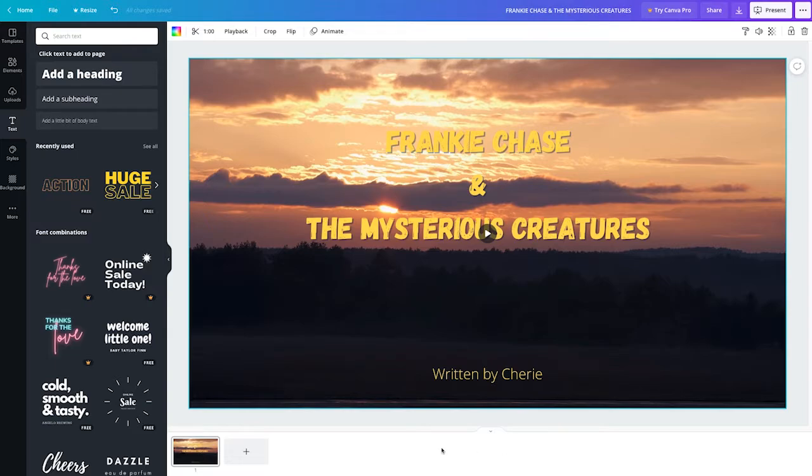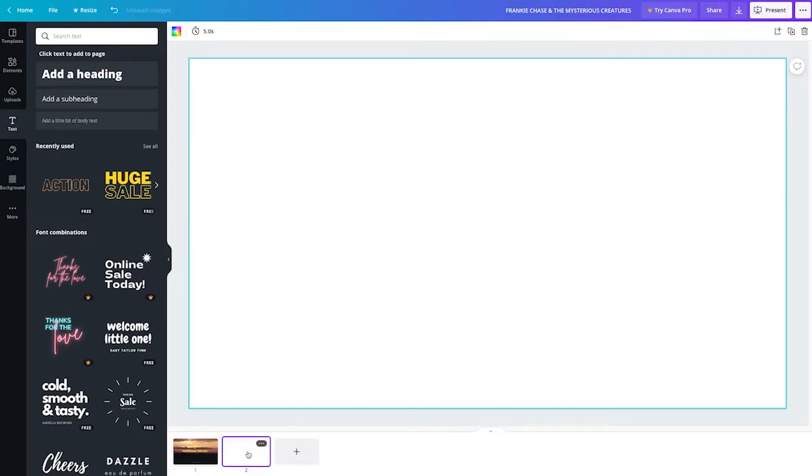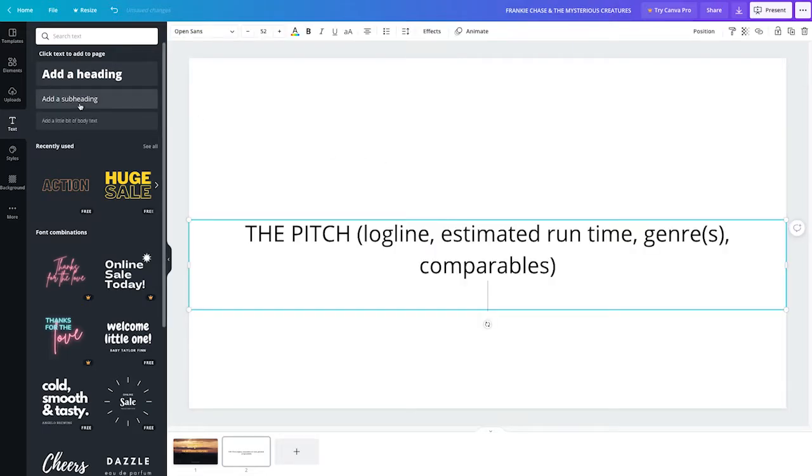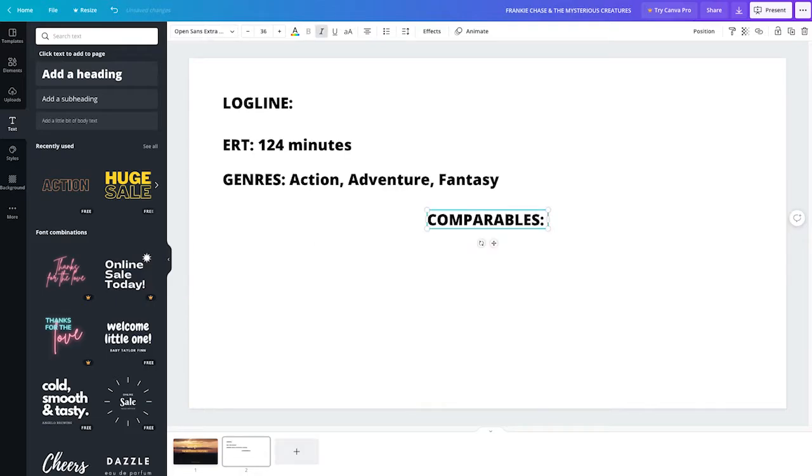So now let's go to the next thing, which is add page. Boom. The pitch. And the pitch contains the log line, the estimated runtime, the genres, and the comparables. So when I came up with the original idea, it was kind of based on the 12 labors of Hercules, an old Greek myth. So I'm going to put